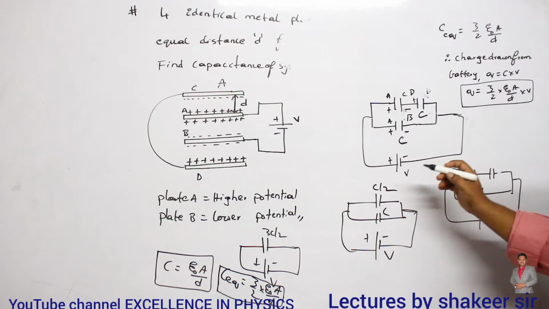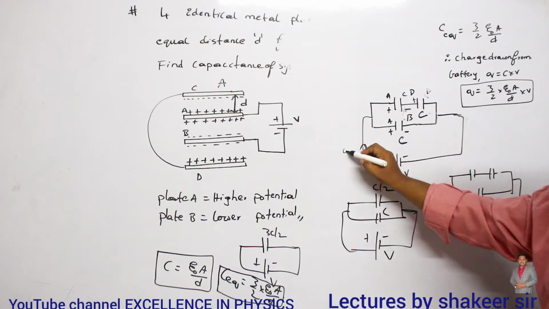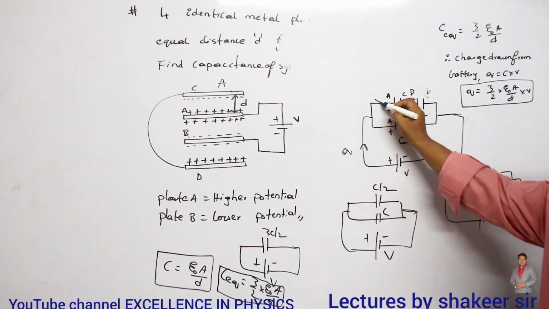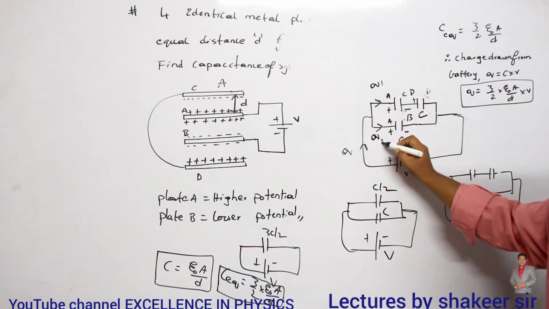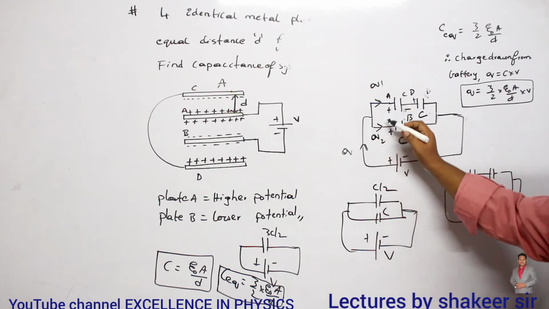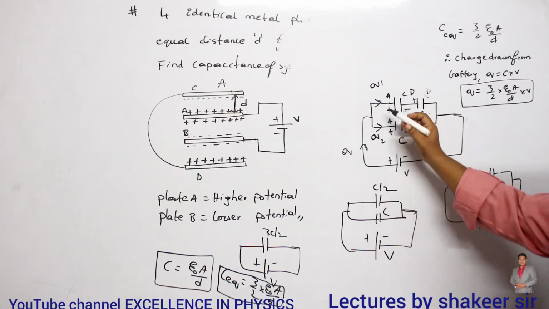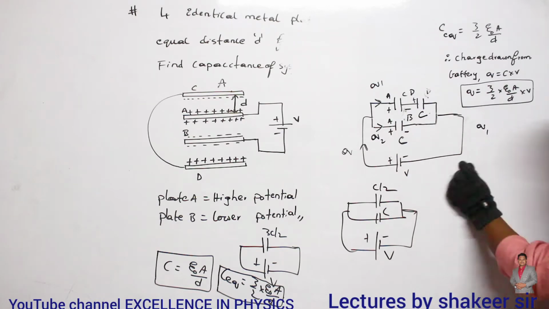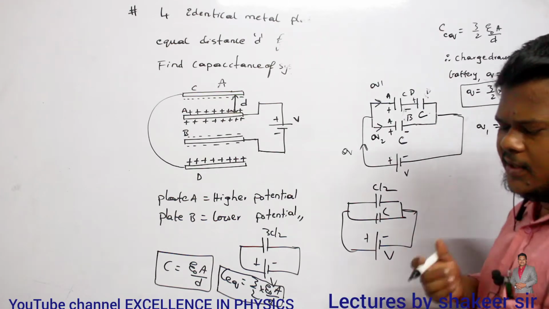Clear, ma? So therefore, here what is the total amount of charge? Here total amount of charge generated is Q. Clear? Now this Q, when it enters into two branches, it gets divided into Q1 and Q2. Okay, ma? Total charge when it reaches here, it is seeing two branches. So this is one branch and this is another branch. So it gets divided into Q1 and Q2. Now can you say, how can I calculate Q1 value and how can I calculate Q2 value?